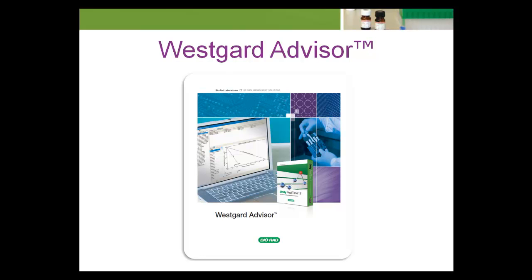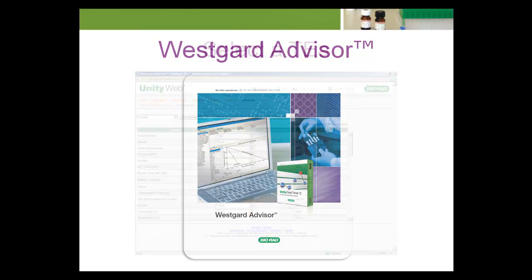Dr. Westgard's algorithm has the performance characteristics of the most useful QC rule combinations, which can be used as a part of Bio-Rad QC management software. Given inputs of the TEA, bias, and imprecision, his algorithm will calculate S-critical and select the optimum QC rule that has sufficient error detection and the lowest probability of false rejection. Westgard Advisor automates QC design.